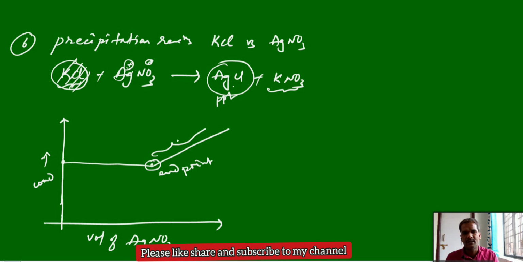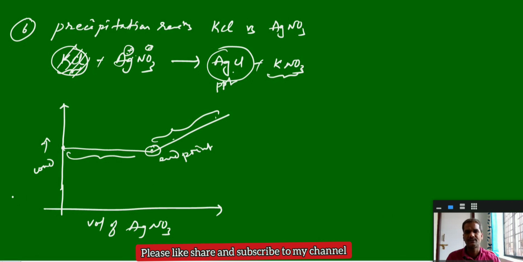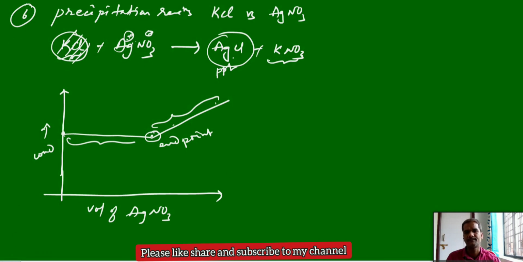This is due to the excess of AgNO3. This part of the graph is due to the formation of KNO3 in the precipitation reaction; up to here indicates the precipitation reaction, with no change here. After the precipitation reaction, this is due to the extra addition of AgNO3 that you can see. Okay, this is the conductometric graph for precipitation reactions, KCl versus AgNO3. This is conductometric titration with respect to various acid-base titrations and precipitation reactions. Okay, I will stop the class here.